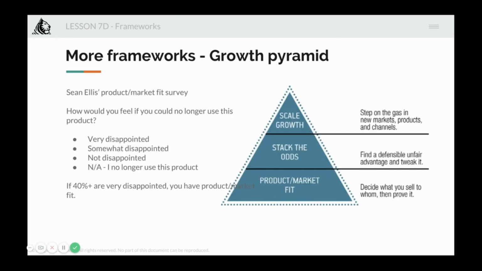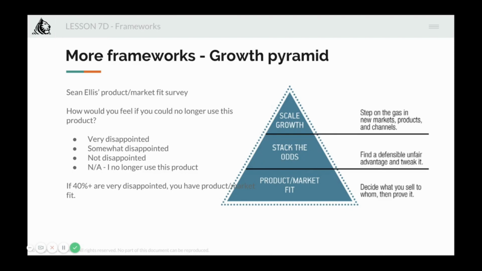And there's this one more, which is growth pyramid. Sean Ellis has a very interesting theory about product market fit, and Sean Ellis is a very popular guy. I'll suggest you Google him. He has been behind the growth of some of the largest companies in the world. So Sean Ellis believes that you should first identify product market fit, because only then can you actually start attacking growth. He has a very simple suggestion, and that is